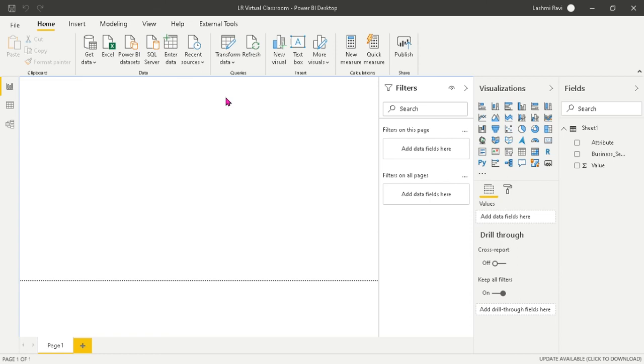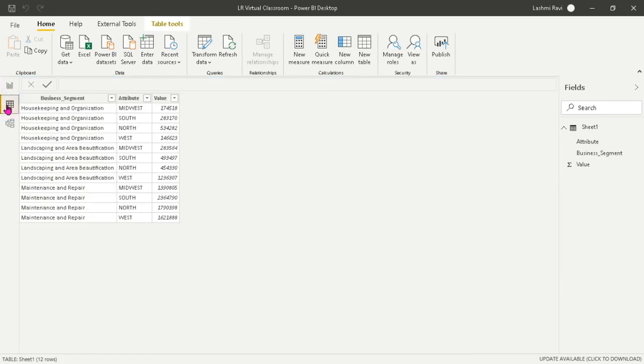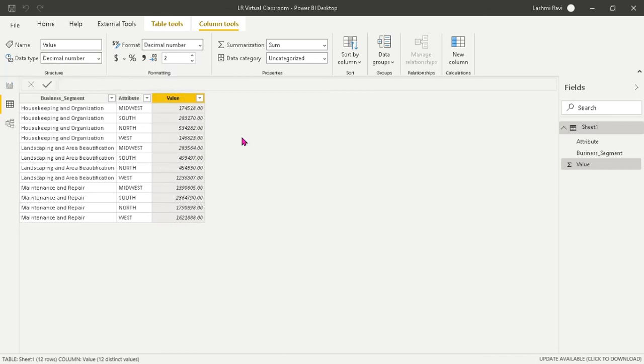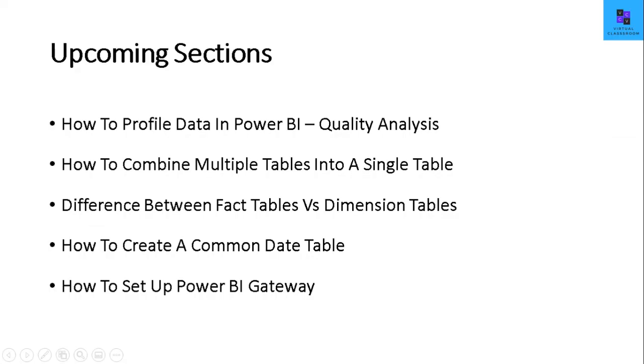The second way how you can change the data type is going into the table here. I have the table tools, so I can click on the value. Automatically I can change it into a decimal number. So in this way, without having to go to the Power Query editor, I can just change the value here with just a click of a button directly in the table itself. So there are two ways for you to change the data type formatting.